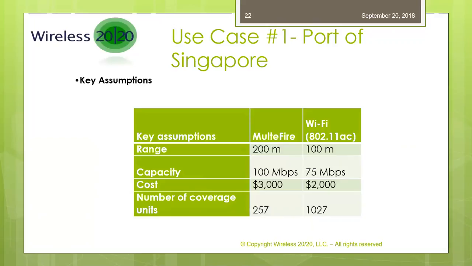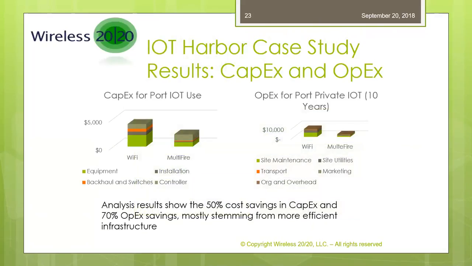For the sake of this analysis, these are the assumptions that we have included in the business case analysis for cost and performance. So as we look at this, first we wanted to look at the Capex